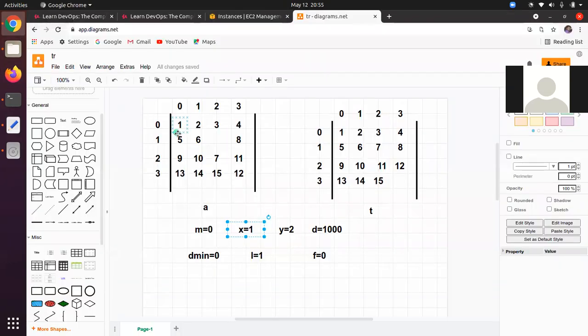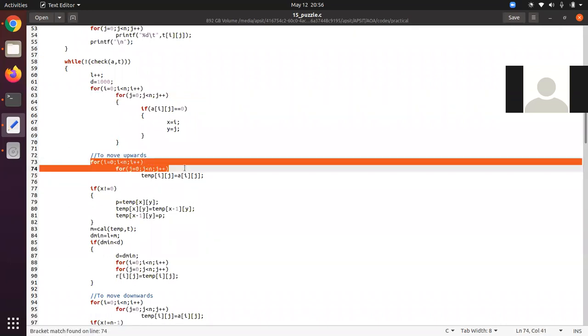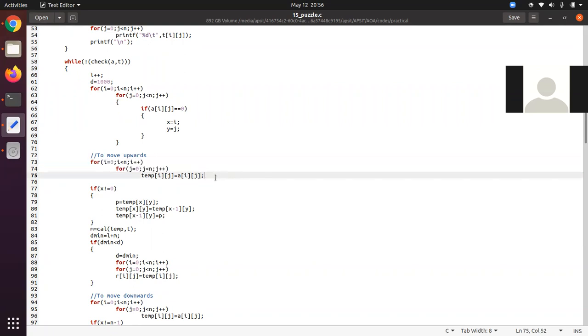Now we will have to check which particular movement we are supposed to do. Now here, if you are observing, this particular matrix A will become closer to this particular matrix T if you are moving this 7 upwards. So 7 will move upwards and 0 will come downwards. So in that context, it will go closer to this target matrix. But we'll have to prove this programmatically. So the first move is I equal to 0 and j equal to 0. This particular matrix A will be copied into a temp matrix. This complete matrix A will be copied into a temp matrix, right?